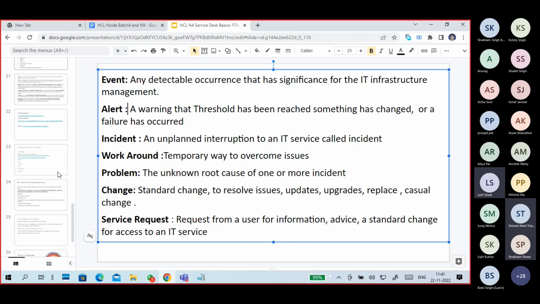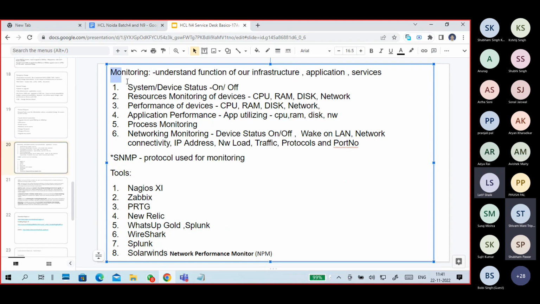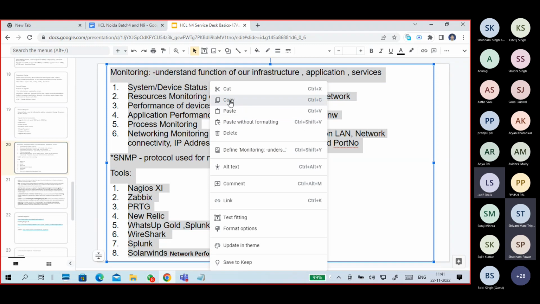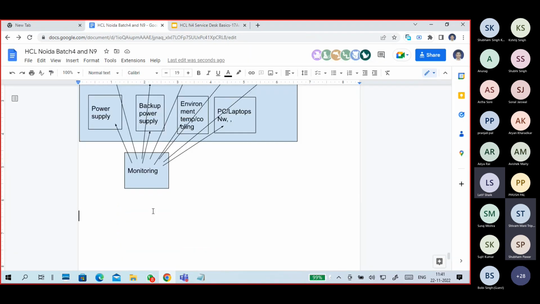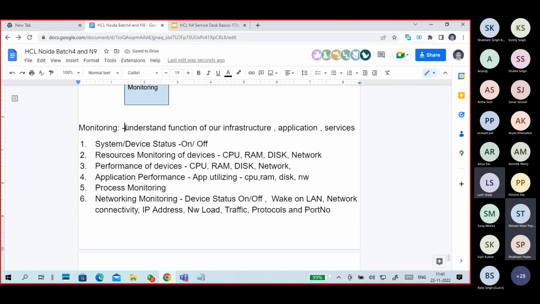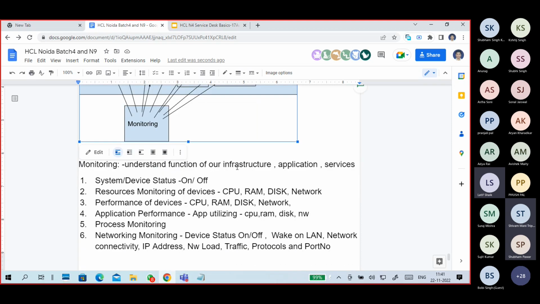I'm going directly to monitoring tools. What are the monitoring tools and what is meant by monitoring? In a simple way, I'm telling you guys, there are a lot of things inside. To understand the function of our infrastructure, applications, and services, we need monitoring. So make sure of the system's status, the turn-on status, turn-off status of the devices,